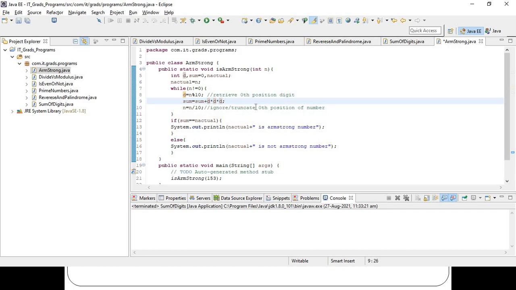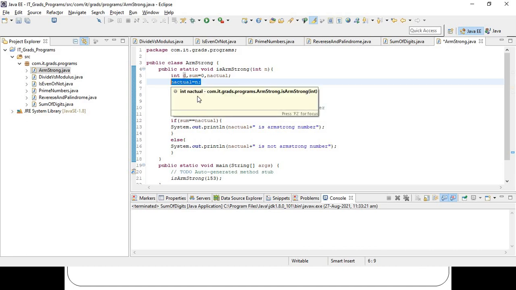But now, to know whether that number is an Armstrong number or not, what do I need? First, I want to find the sum of the cubes of the digits of that number. For that purpose, I am following the same logic as the earlier program. Initially, I am storing the initial number in another variable, because this number is going to change.